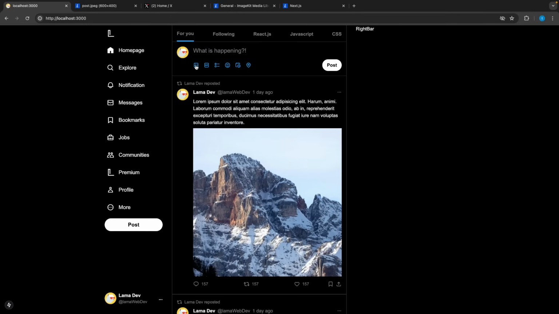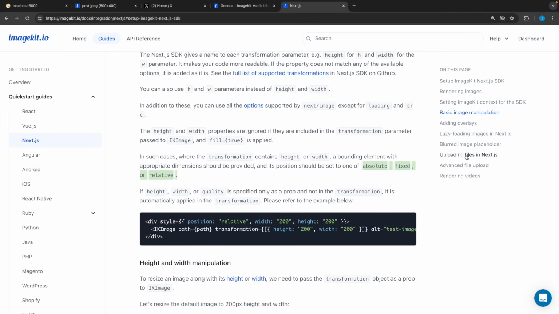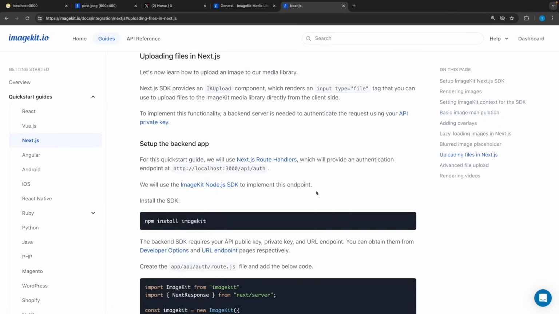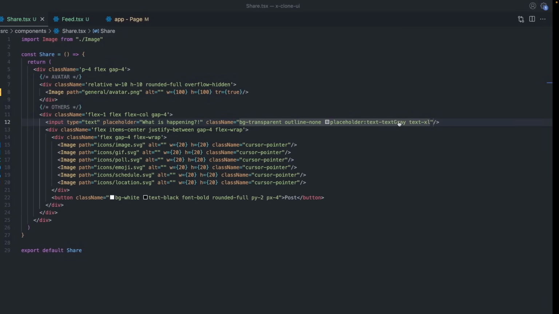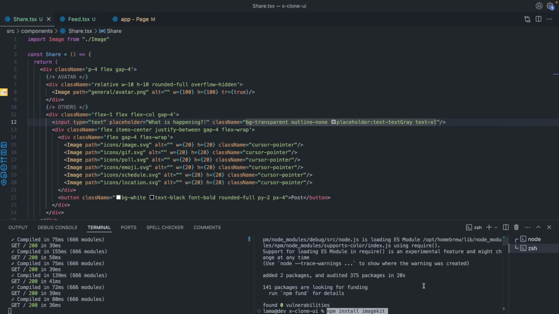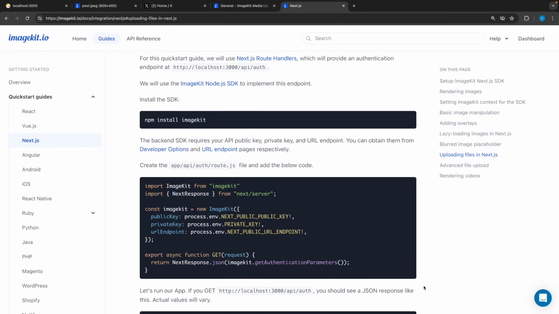When I click on this button, we'll be able to select our image and show it here. To do that, I'm gonna open my ImageKit documentation, uploading files. And as you can see, to upload file, we are gonna need a backend server because when we try to upload file, we have to be authenticated first. So nobody else will be able to upload files without our permission. Let's copy this